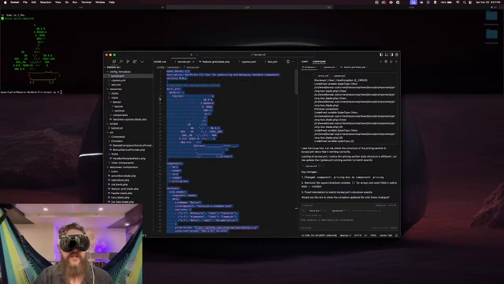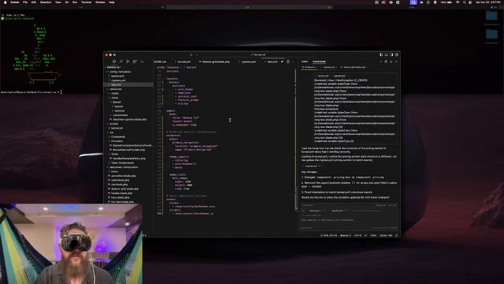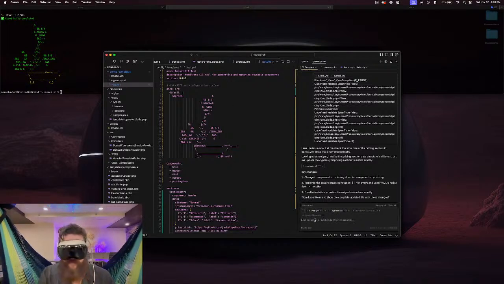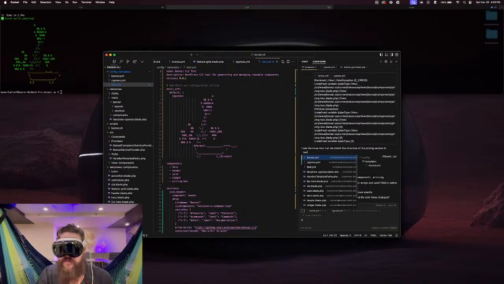I'm going to take Bonsai YAML, paste it over in test, and then I'm just going to say test. Let's add test right here